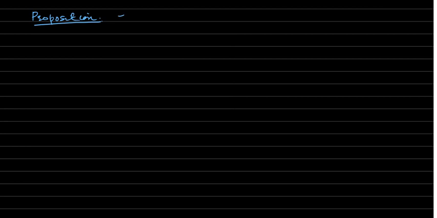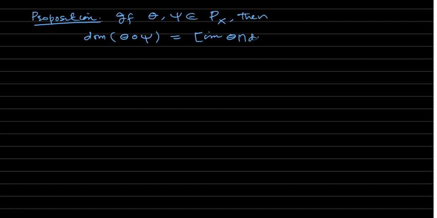If we have two partial maps, theta, psi belongs to PX, then domain of theta composition psi is equal to image of theta intersection domain of psi,